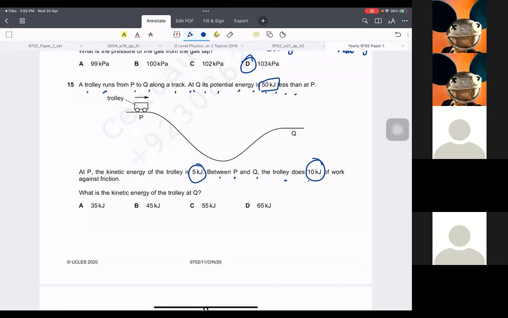So this means that, wait a second. Between this level and this level, the difference in gravitational potential energy was 50, and the work it has done is this. So 50 kilojoules is the change, and there is 5 kilojoules of kinetic energy as well at